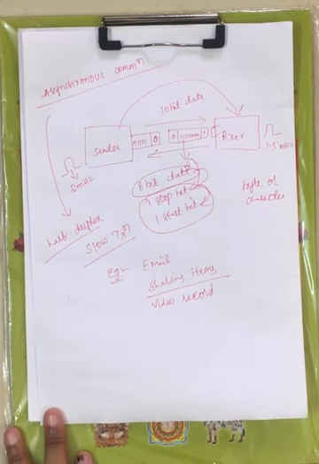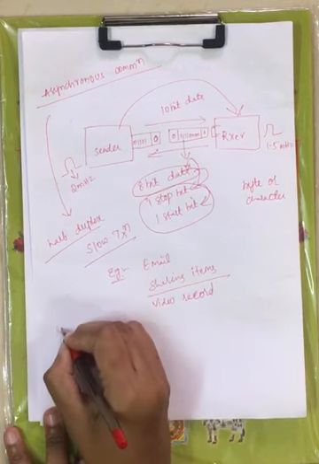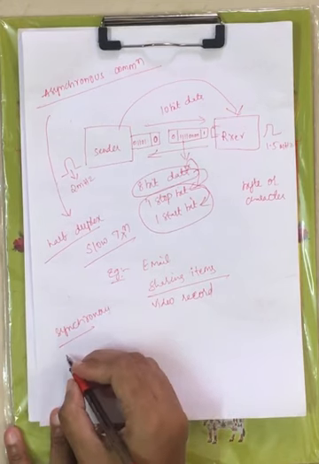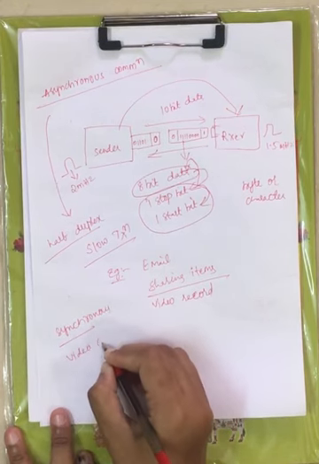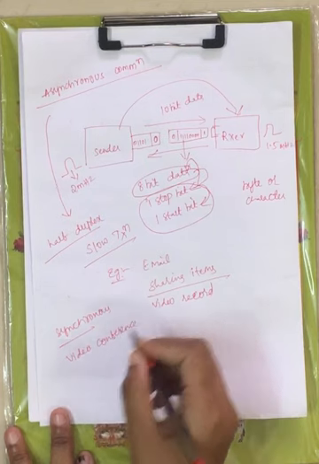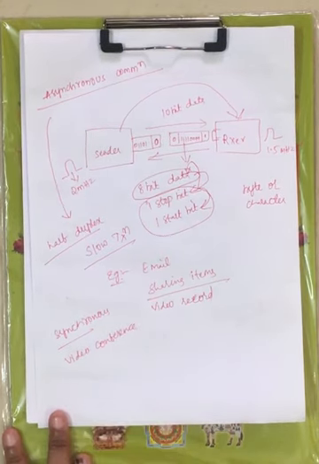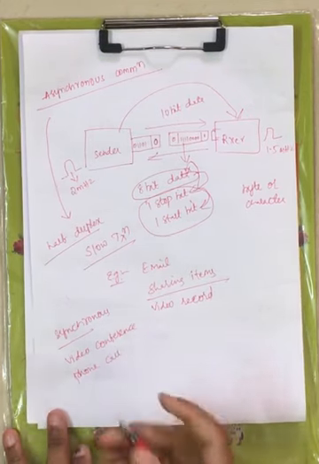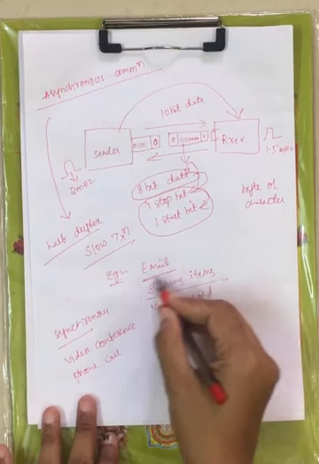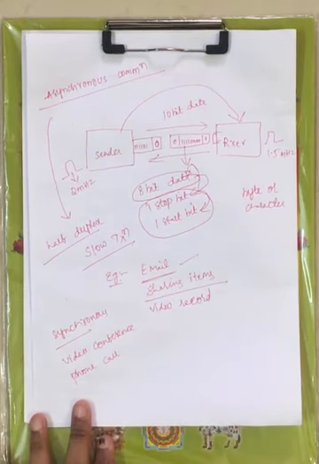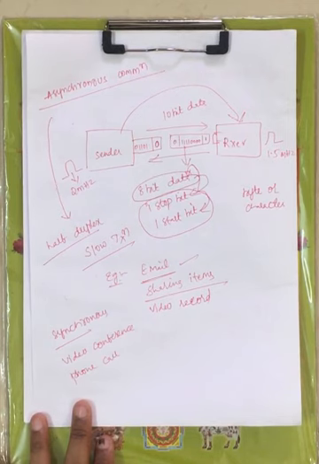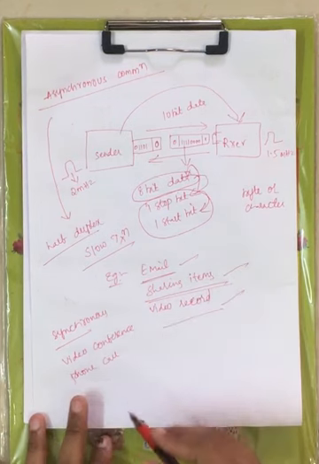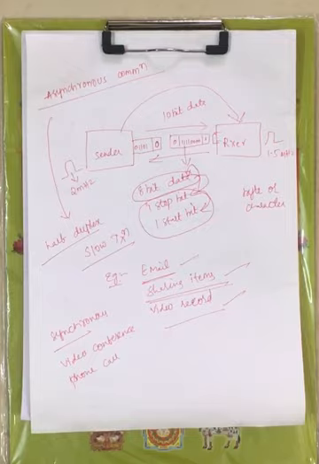Now what are the examples for synchronous communication? You have video conference. Here we don't find any delay. That's why that comes under the category of synchronous communication. Phone call, directly, here also we don't find any delay. With email there is some delay, but it can't be observed that much, it is very little. But sharing items and video recordings all come under the category of asynchronous communication.